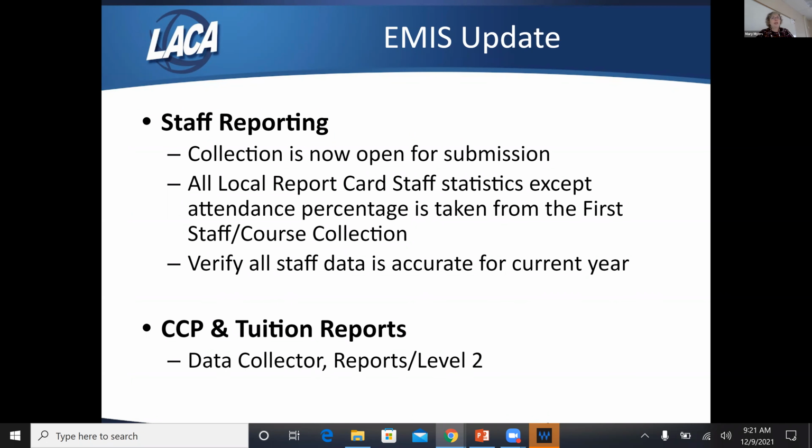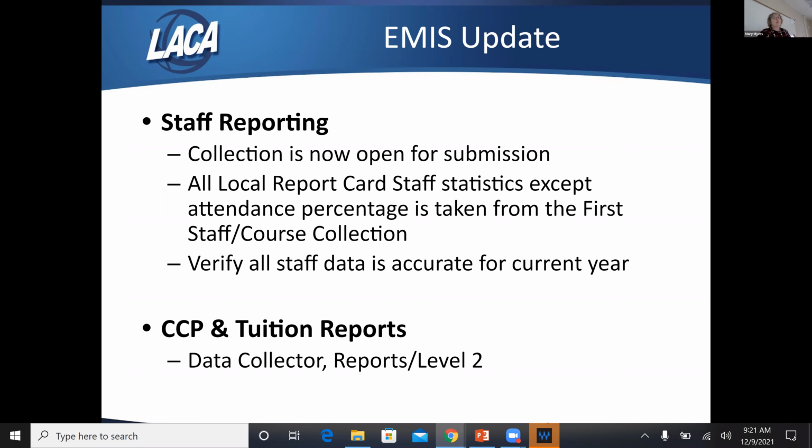Why doesn't that show up as an error? Well, it does if they exceed 2 FTE, but if they only have 2 compensation records that show them as 2 FTE, that won't kick out as an error. So it is very important that you are verifying all of your numbers,